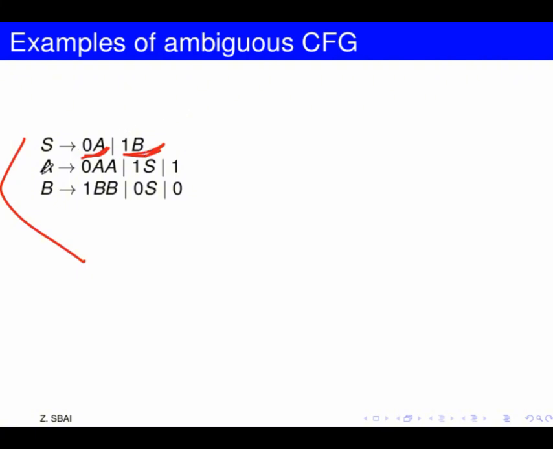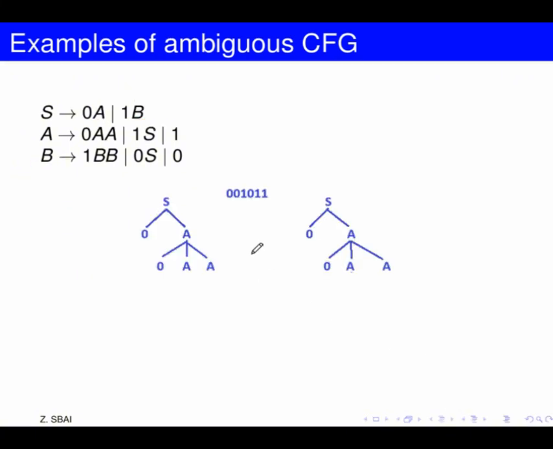But you may see the ambiguity when we apply the productions of the other non-terminals. Here you have A and B. We may look for an ambiguous string. Let's take this string, for example,